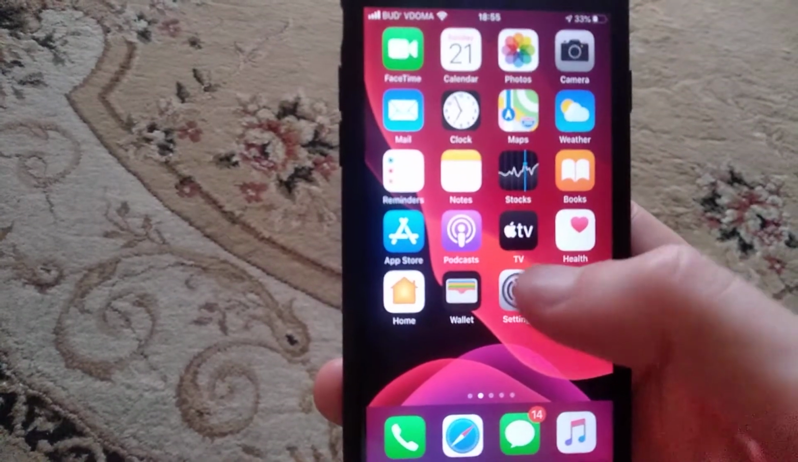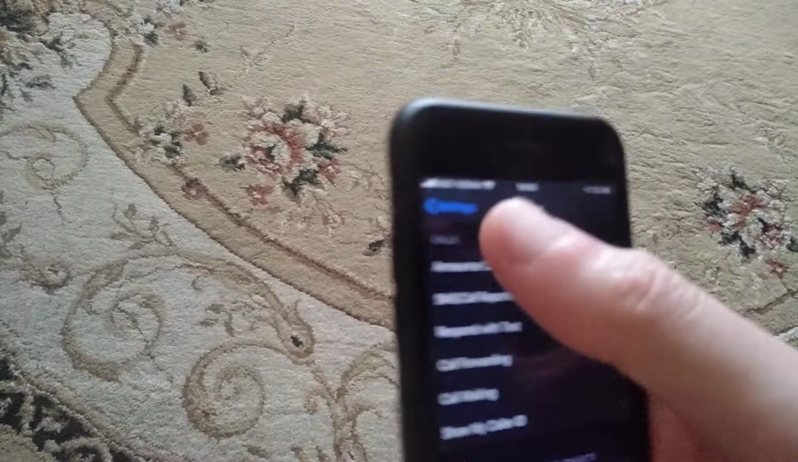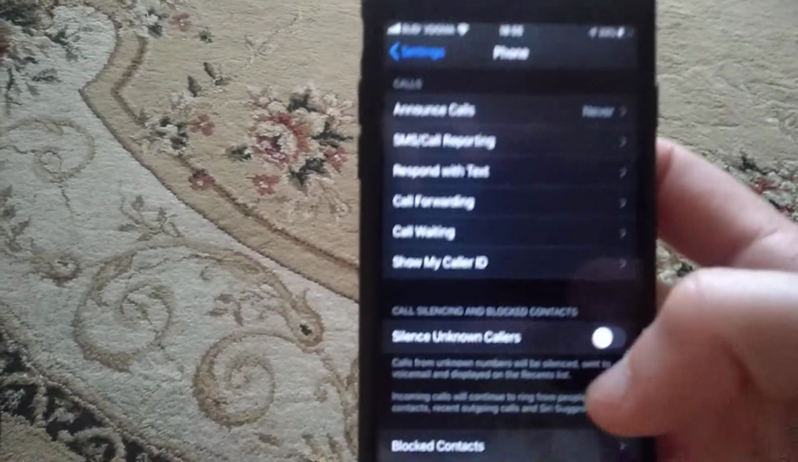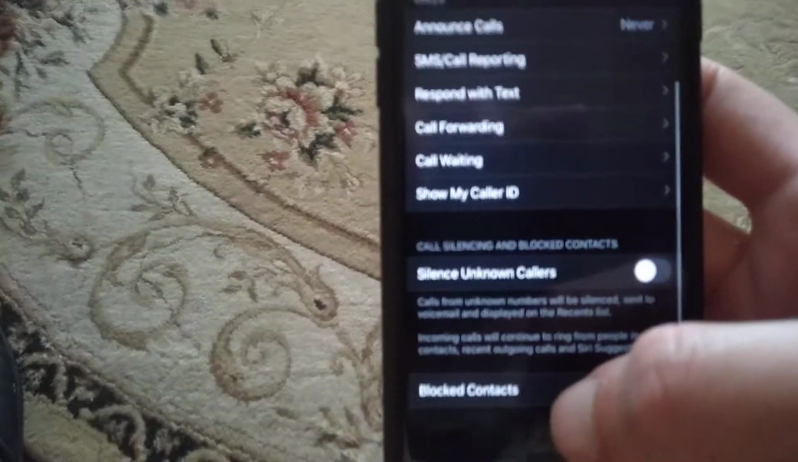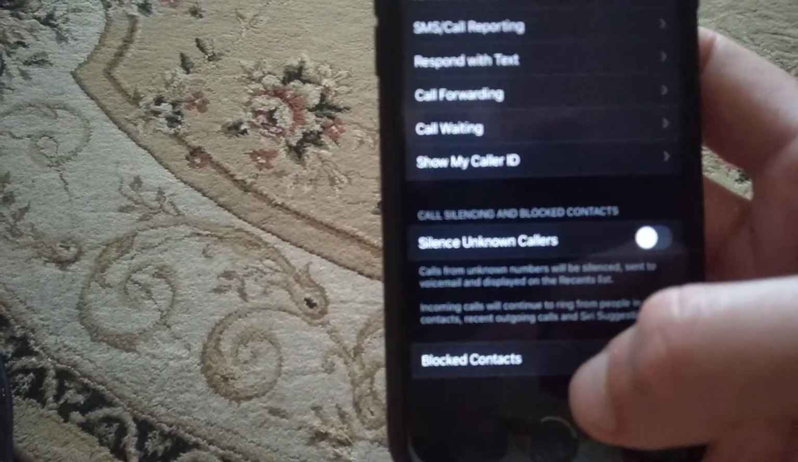So for doing this you just need to go to the settings, and in the settings you need to find the phone option, and in the phone option you need to scroll down until you see Blocked Contacts. So just open it,